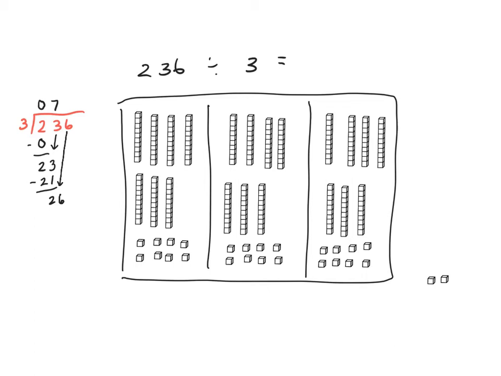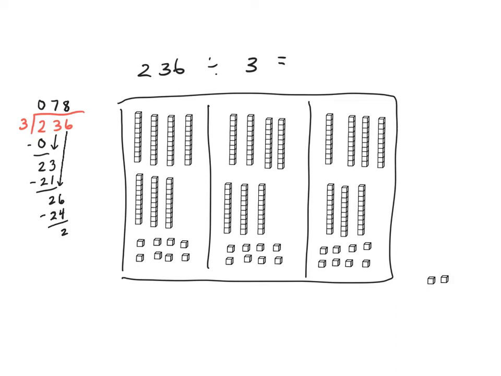So that gave me 26 cubes, 26 ones all together. I shared them with my 3 groups, and each group got 8 cubes. That used up 24 of the cubes, and I had 2 leftovers. So if you look at the model that I have here, in each one of my individual groups,